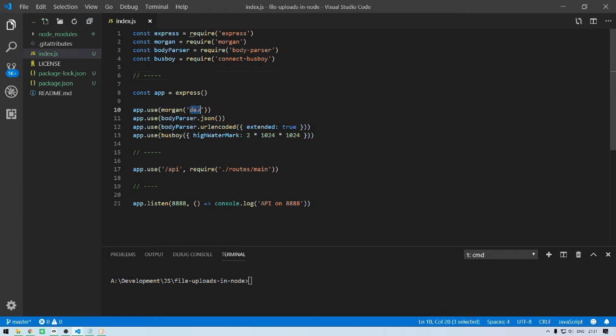Morgan is just a quick, simple library. What it's going to do for us is just output to the screen whenever we get requests. So you can see down here, I'm using it in development mode. The production mode differs from the development mode in that it logs the IP address and some more basic information about the requests that are coming in, the date, timestamp, and all that stuff that we really don't care about in development. It's not really essential to us,